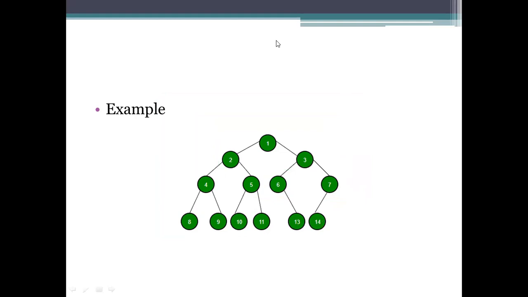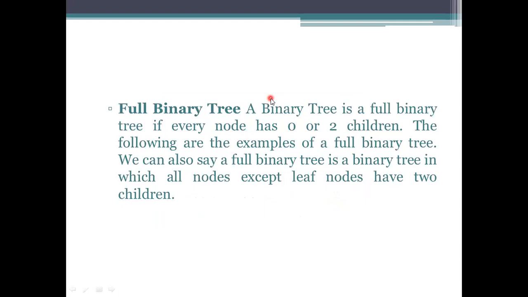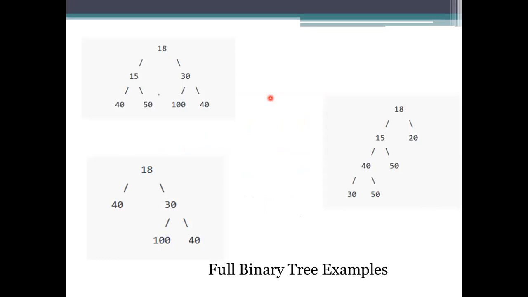And coming to the next one, full binary tree. Full binary tree means every node has 0 or 2 children. So both the strictly binary tree and the full binary tree are specified as related ones. So here, see, in this example we are having multiple binary trees here. It is using one root node and it is considering that it is having two children, and each and every child is having two subchilds here.